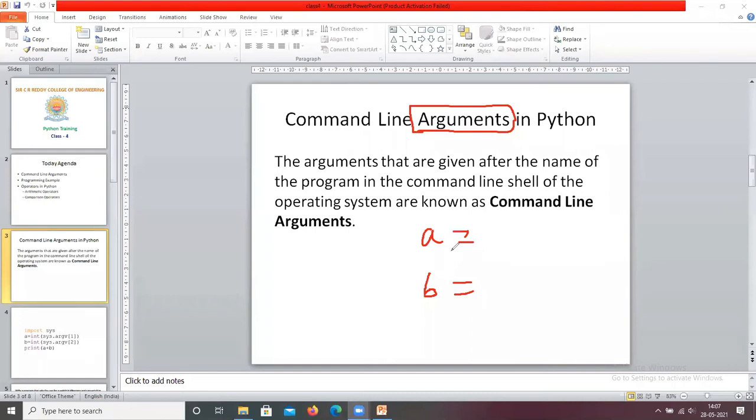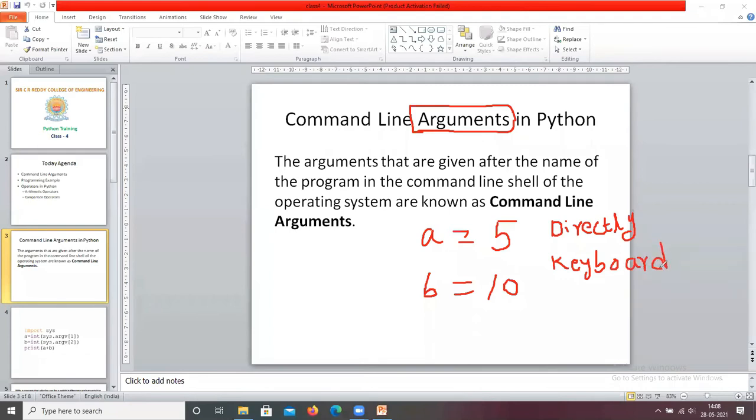Okay, so these are the two variables a and b. Here I am assigning the value 5 to a and a value to variable b. Directly I am assigning values to these variables. Okay, what is another way? You can read the values from the keyboard and assign them to these variables a and b.